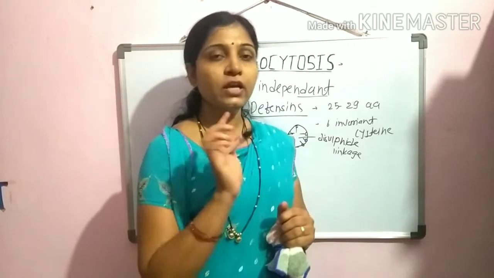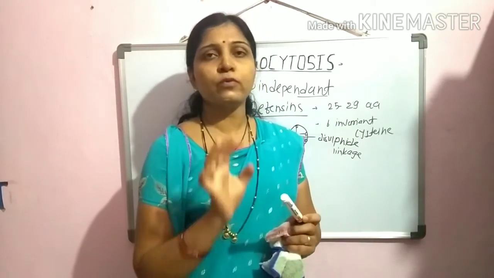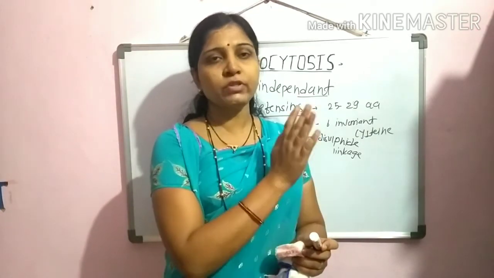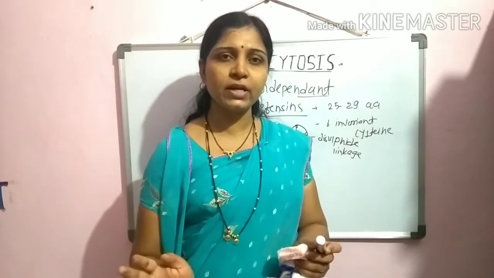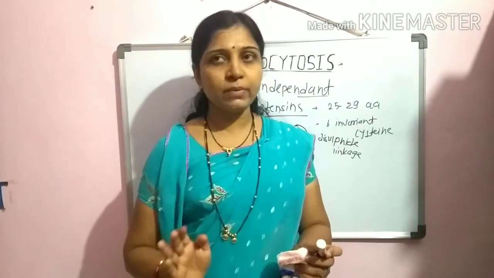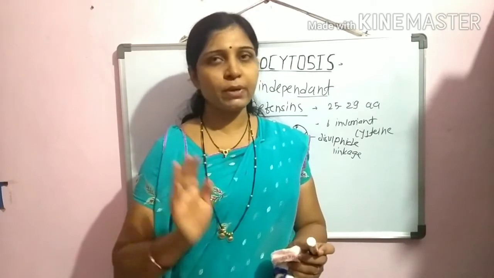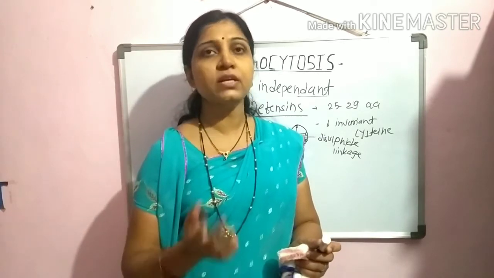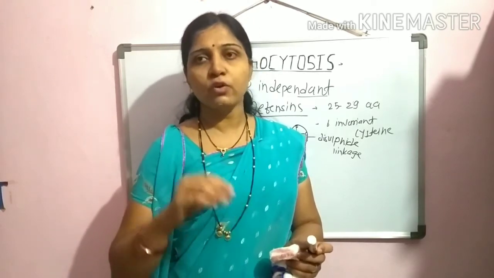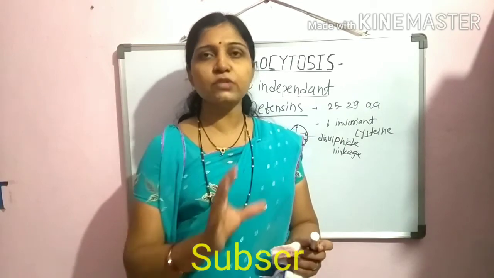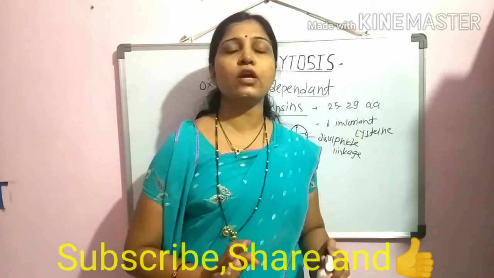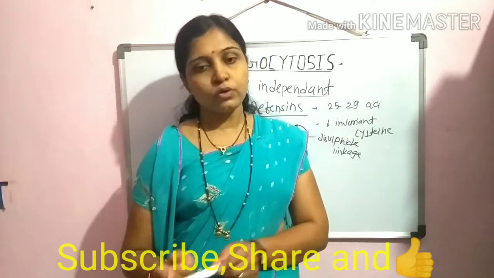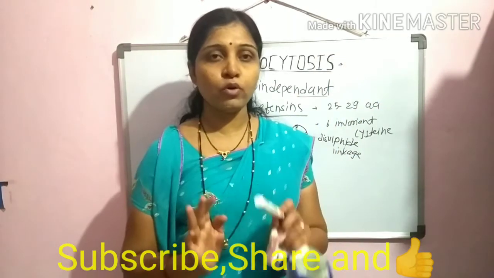So by this way, there are two mechanisms of phagocytosis. One is the oxygen dependent, which is called the respiratory burst, within which there is the formation of reactive oxygen intermediate and reactive nitrogen intermediate. The second one is the oxygen independent mechanism, within which there is the presence of lysozyme and different hydrolytic enzymes, and secondly there is the formation of defensins, which are the antimicrobial peptides. And by this way, this process of phagocytosis is carried out within the phagocytic cells, that is, either macrophage cells or neutrophil cells. So here is the complete information about the phagocytosis.